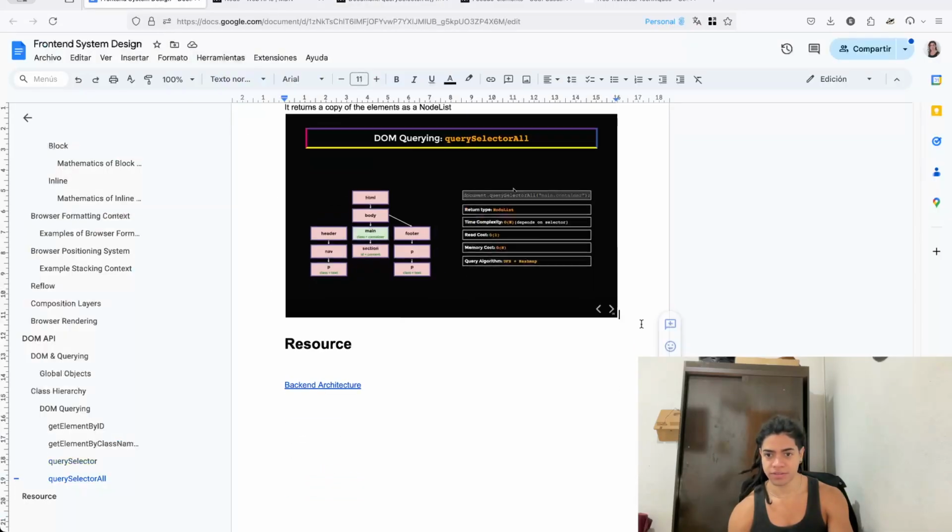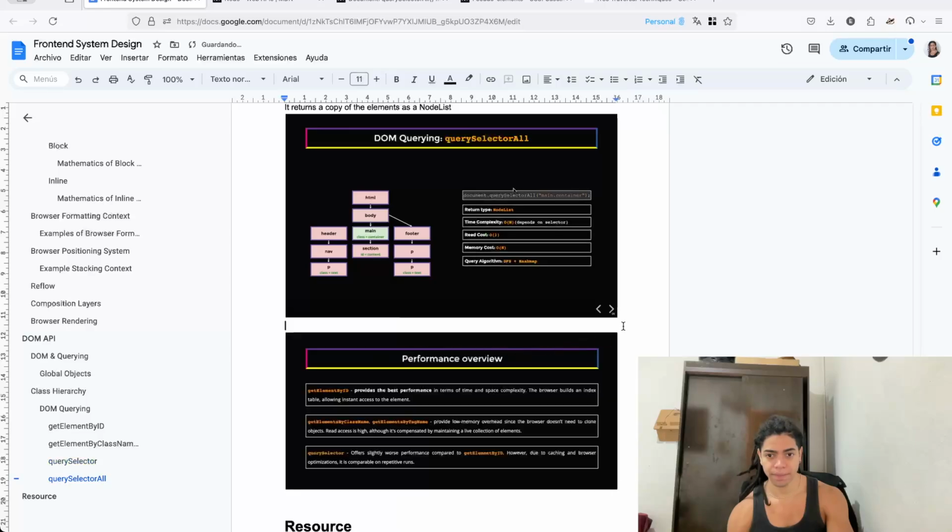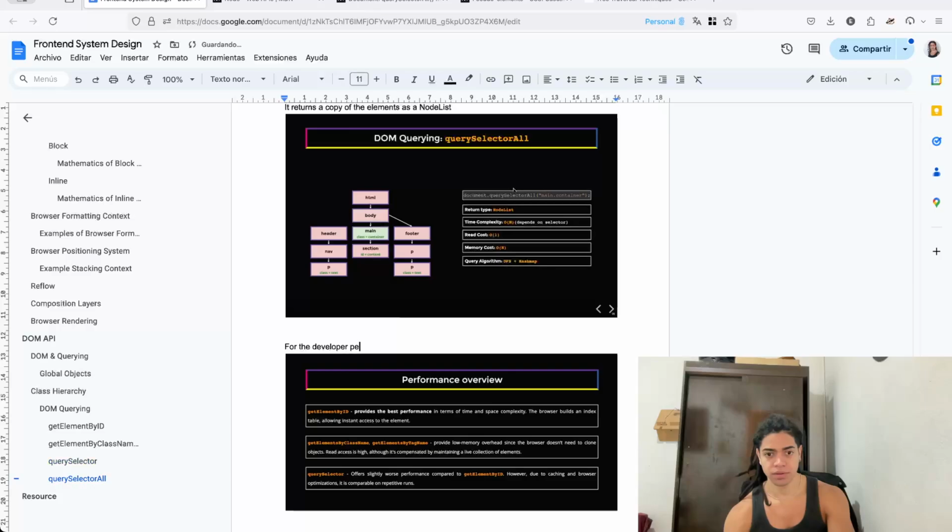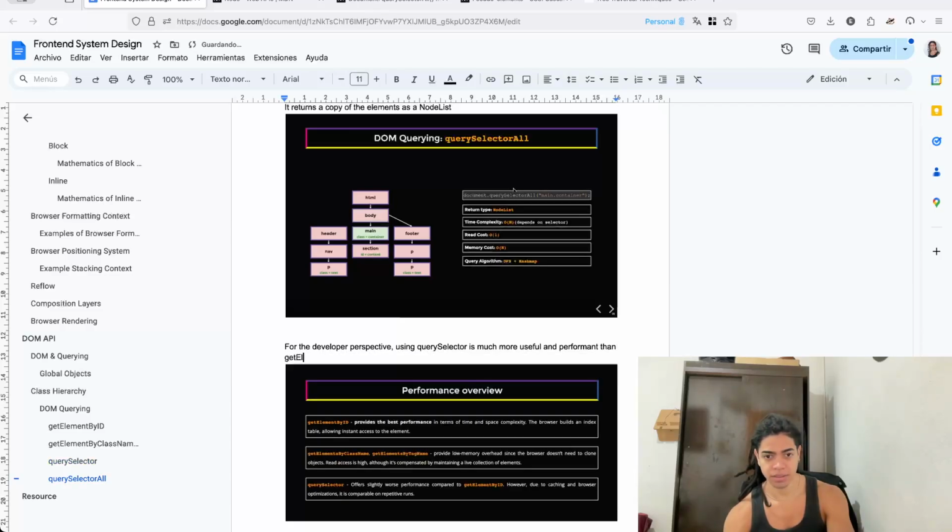So the TLDR of all of this is that from the developer perspective, using querySelector is much more useful and performant than getElementsByClassName or TagName, since